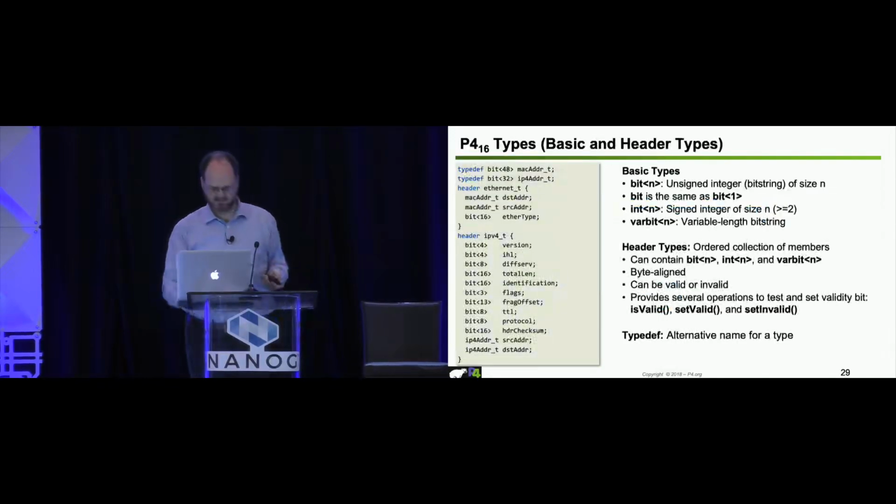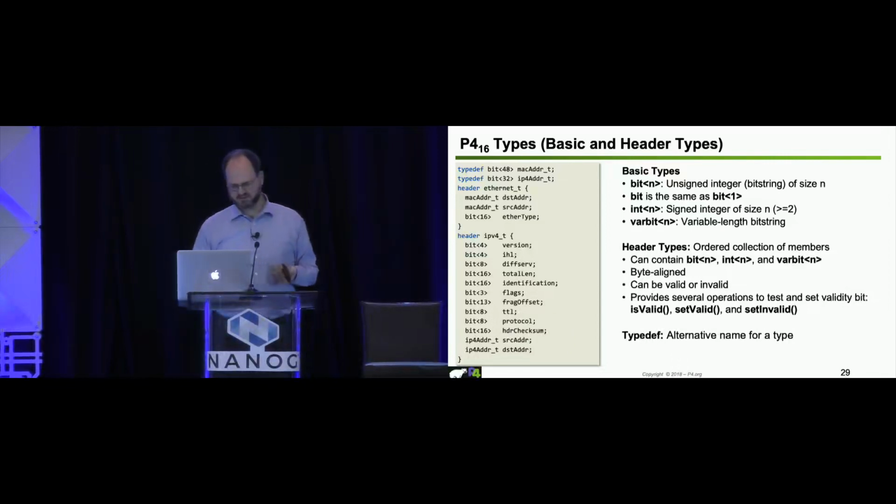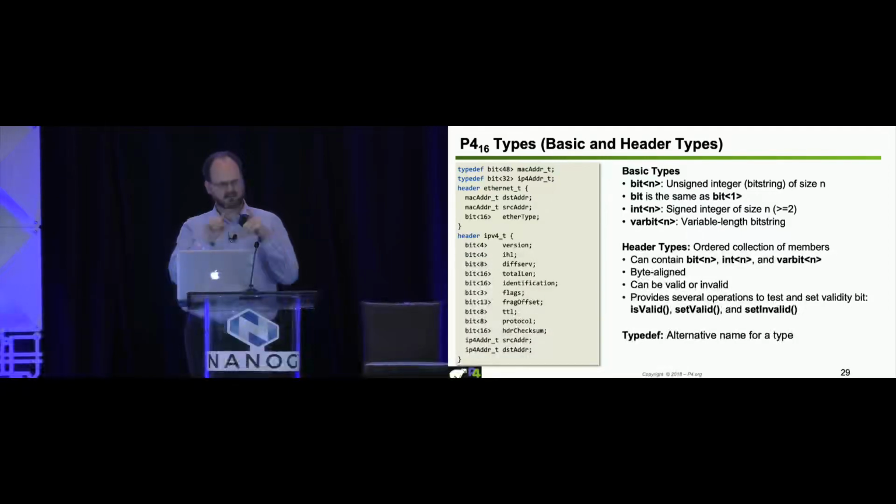Okay, so let's start going through more details of the language that we haven't talked about yet. There are several basic types that you'll see all the time in almost every P4 program. One is bit, and then angle brackets, a number. That is an unsigned integer with a fixed bit length. That's very useful when you want bit 48 for an Ethernet MAC address, bit 32 for an IPv4 address. You often want to specify in headers, and even